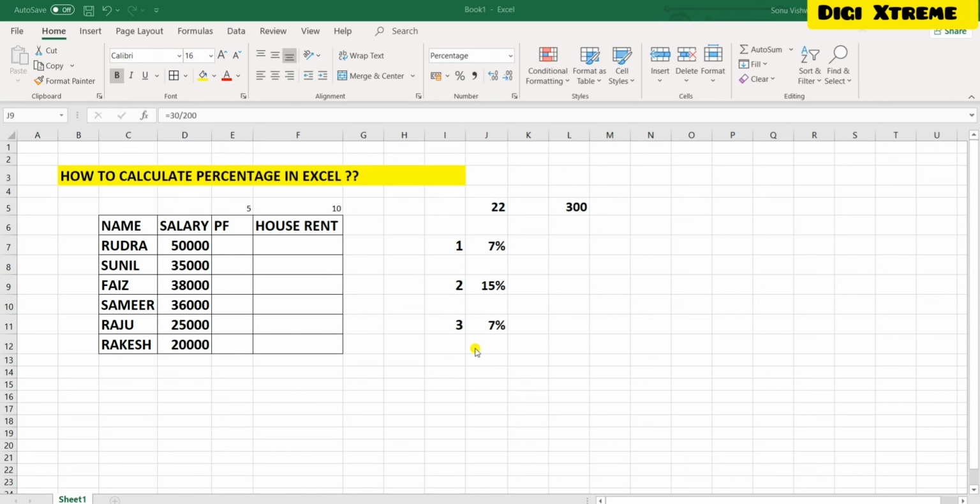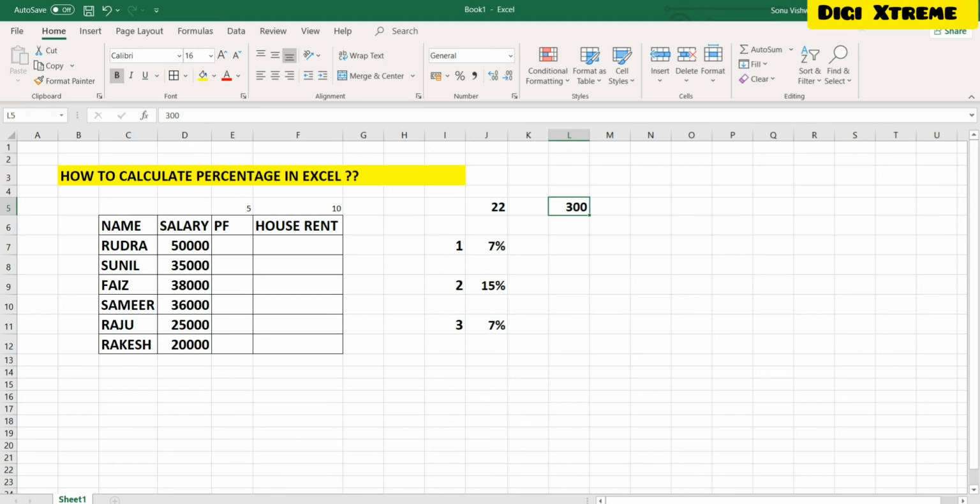And let me repeat it again. If you want to know the percentage of any particular amount, like how much would be the 22% of 300, then we will divide 22% with 300. And if you have not directly put percentage on your cell, then you can convert it later after getting the value.